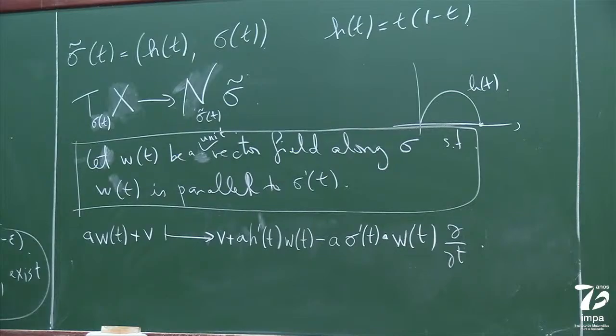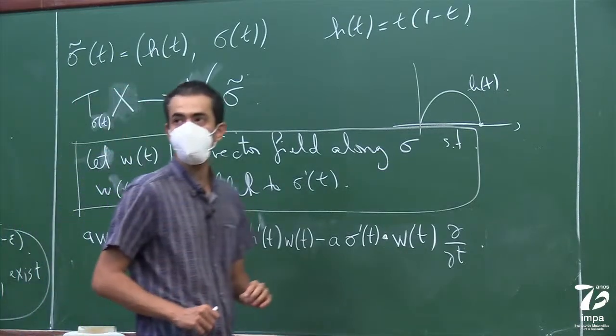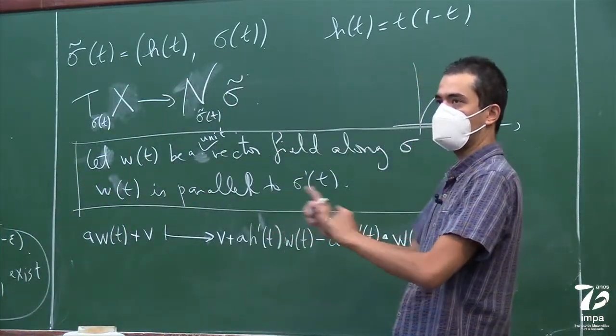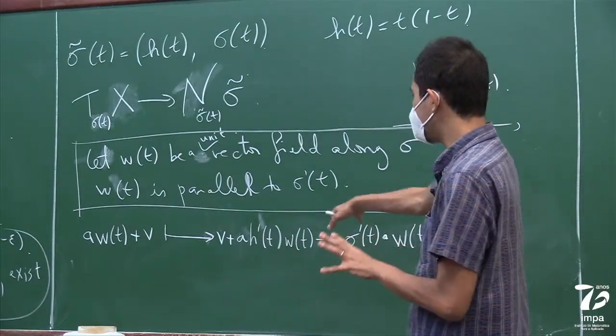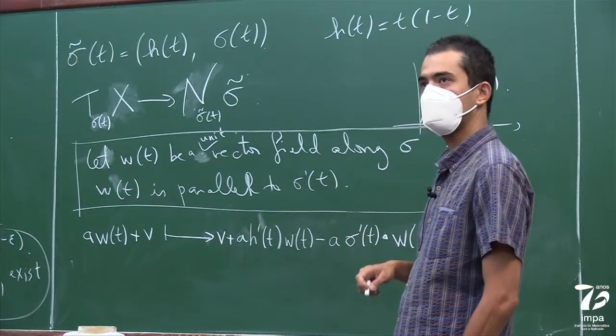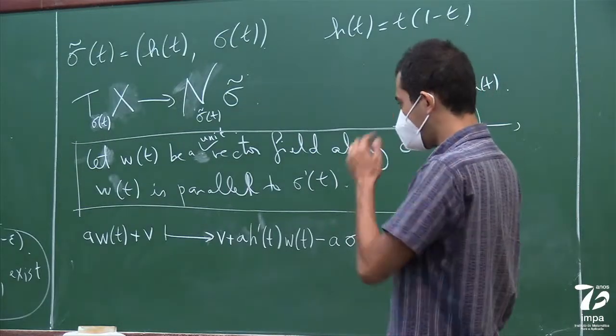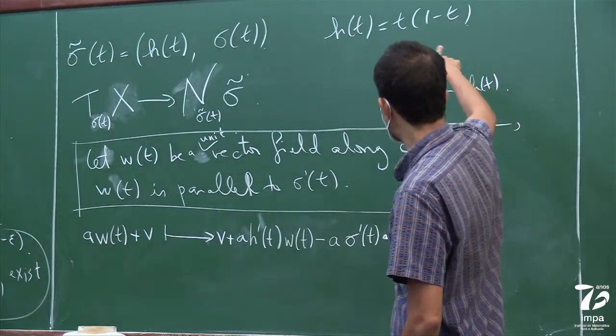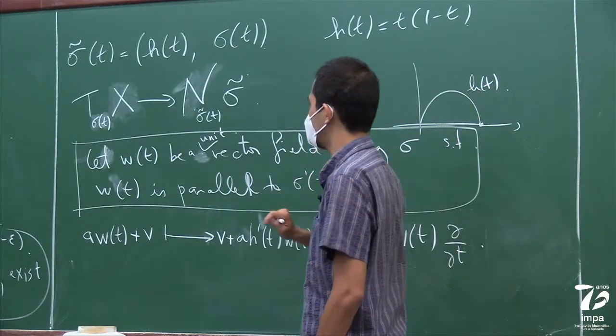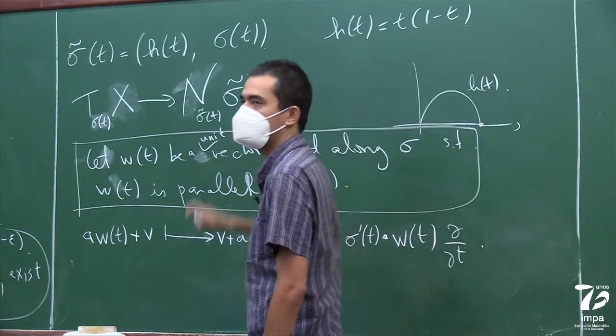So I guess you have to check this is an isomorphism. So that's kind of why it's a little sensitive. Like you have to actually construct an inverse. But first of all, we have to check that this falls on the normal bundle. So you have to check that this vector is always orthogonal to this curve, to the curve sigma tilde.